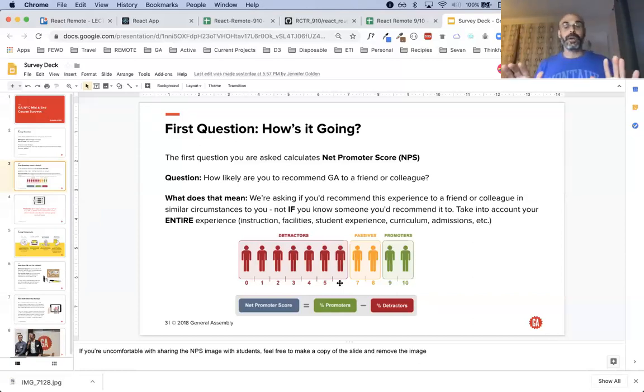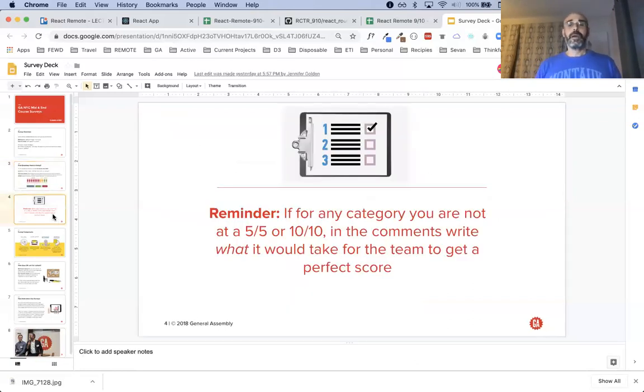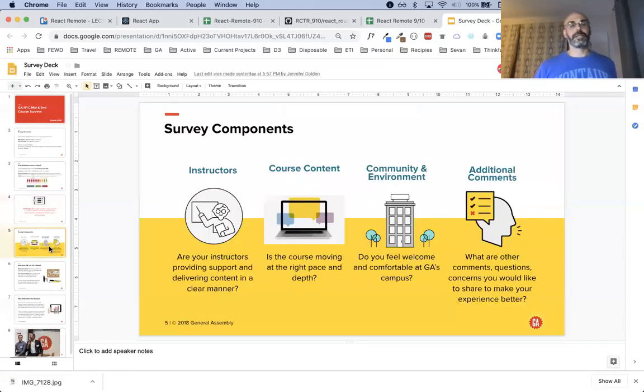Whatever score you do give, I'd love to hear the additional feedback. I'm all about feedback. You're never going to hurt my feelings by telling me what you thought went well, what I should work on. Once again, I've read it already. I know sometimes we go fast and I can't cover the material. I kind of just spew it out and that's that. But I do it because I want to get you as much as I can. Just a reminder, if any category you're not like a 5 out of 5, just write some comments. Anything shows me or gives me an indication.